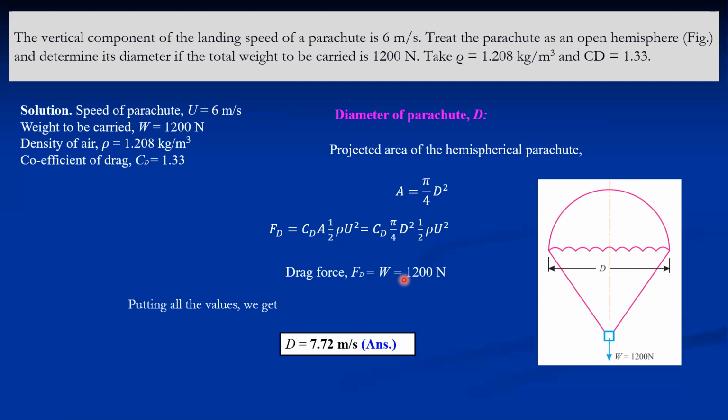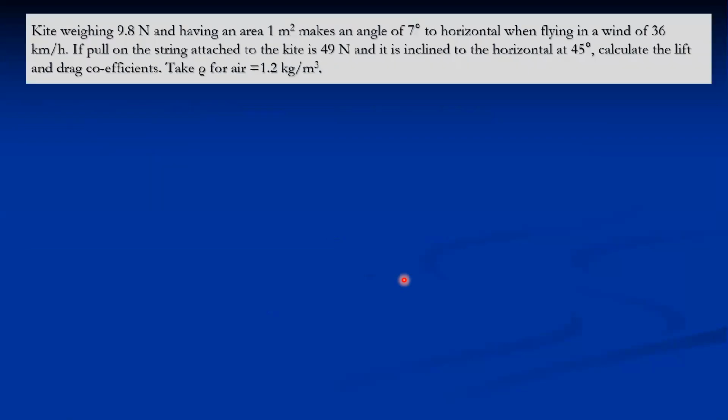But in this case, if it is a symmetric body, then it is always a drag force. A kite is not a symmetric body. As it is asymmetric, it experiences a lift force as well. So like this, in the next example, we'll discuss the